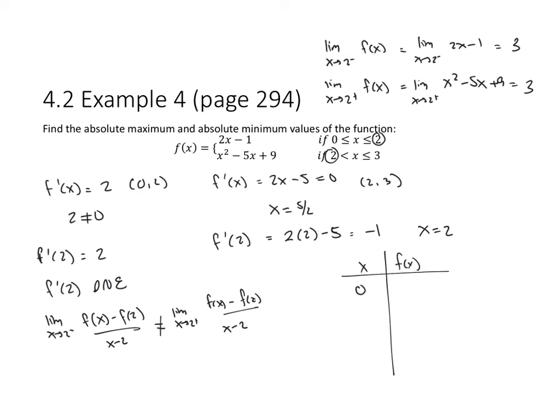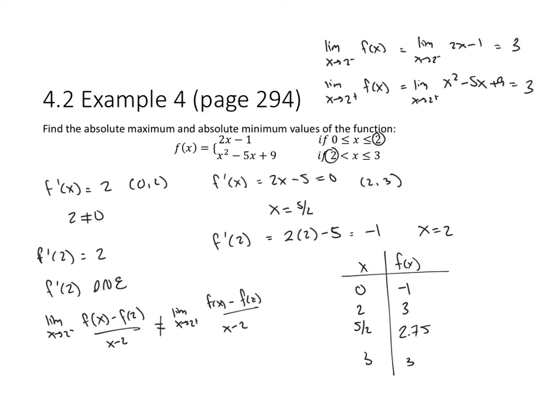0, 2, 5 over 2, and 3. So when x is 0, I plug it into the first equation, I get negative 1. When x is 2, I've already plugged into both equations to see that it's continuous there, so my value is going to be 3. When x is 2.5 and when x is 3, I'm plugging those into my second equation. And I get 2.75